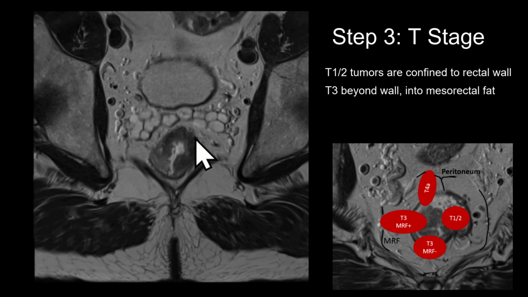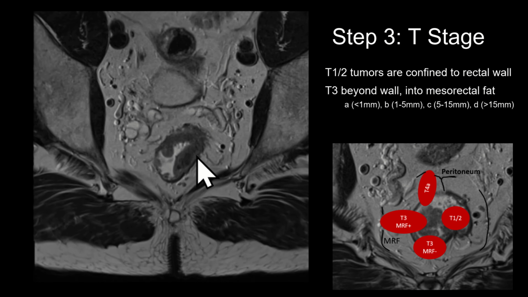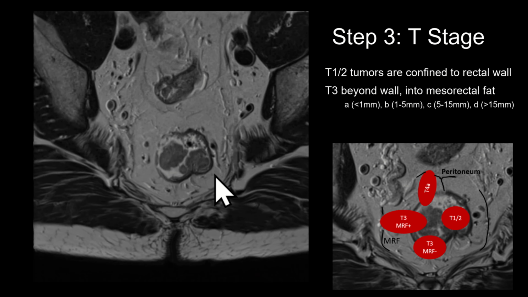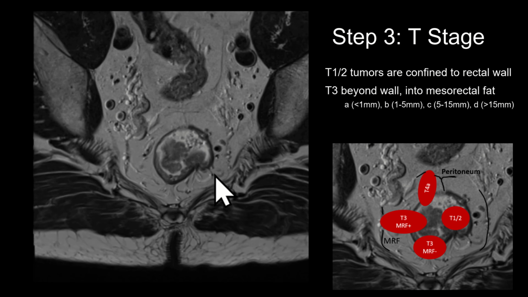T3 disease, when it's present, is separated into T3A, B, C, and D based on how far outside of the wall it is. T3A is less than 1 millimeter outside the wall, B 1 to 5 millimeters, C 5 to 15 millimeters, and D greater than 15 millimeters. It can be challenging to differentiate T2 tumors from early T3 tumors. So T2 tumors may have a desmoplastic reaction in the mesorectum adjacent that appears as linear, thin T2 hypointense bands